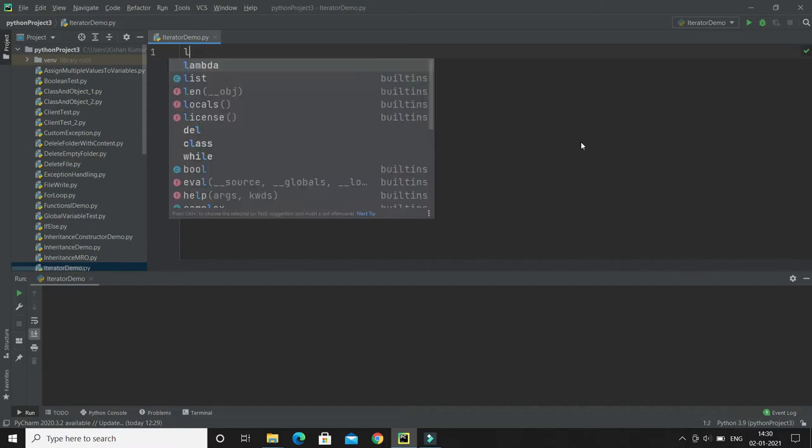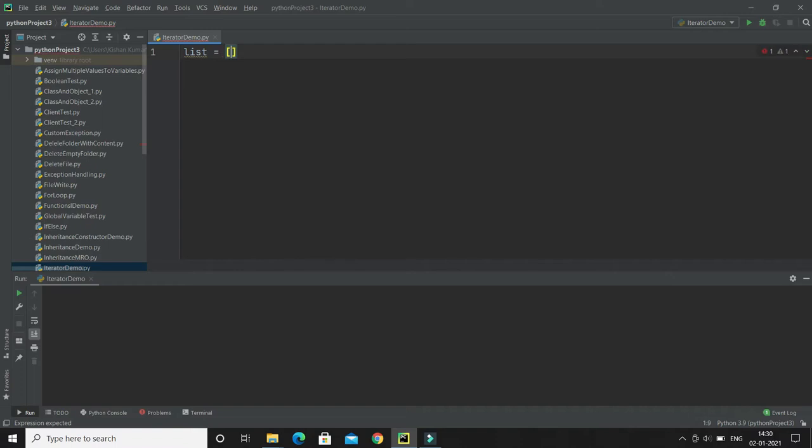So here I'm going to create a list which will have a list of values, which is nothing but numbers, just random numbers. Now I would like to iterate this list. Let me tell you first of all that collections like list, tuple, dictionary, sets, even strings are all iterable objects. They are iterable containers. We can get an iterator out of collections and strings. All these objects have the iter method, which is used to get an iterator.